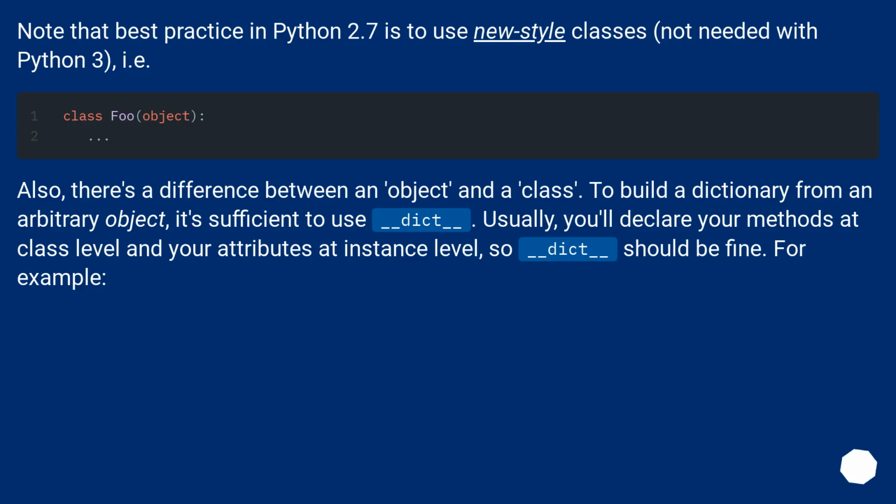Note that best practice in Python 2.7 is to use new-style classes, not needed with Python 3. Also, there's a difference between an object and a class. To build a dictionary from an arbitrary object, it's sufficient to use __dict__. Usually, you'll declare your methods at class level and your attributes at instance level, so __dict__ should be fine. For example,